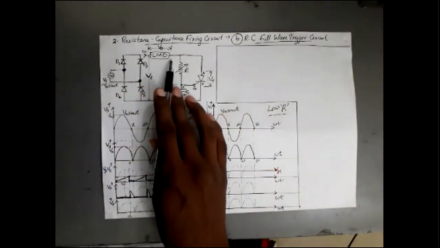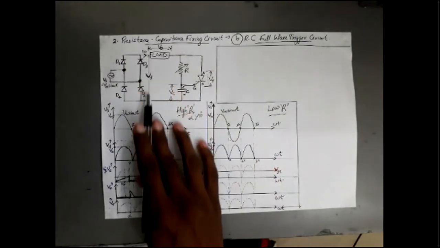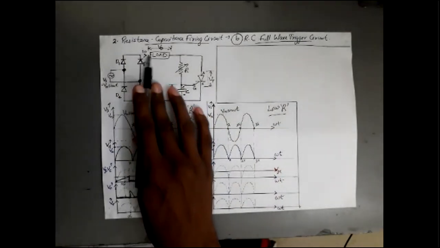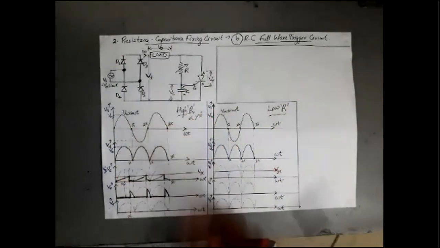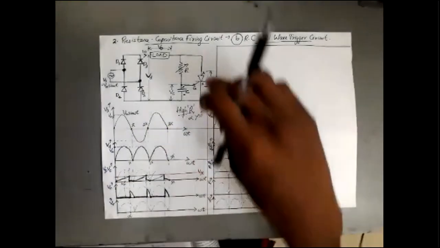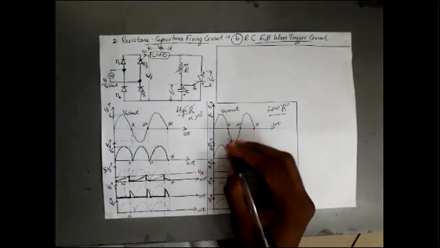And about thyristor voltage, when my thyristor is not conducting, I naught will be almost zero, V naught will be zero. So whatever voltage Vd appears here will appear across my thyristor, since my thyristor is not conducting. Clear? So thyristor voltage will take the path of Vd until it is triggered, up to alpha, it takes the path of Vd or Vs. Okay. And at alpha, what happens? My SCR got triggered because my Vc value has become equal to Vgt.